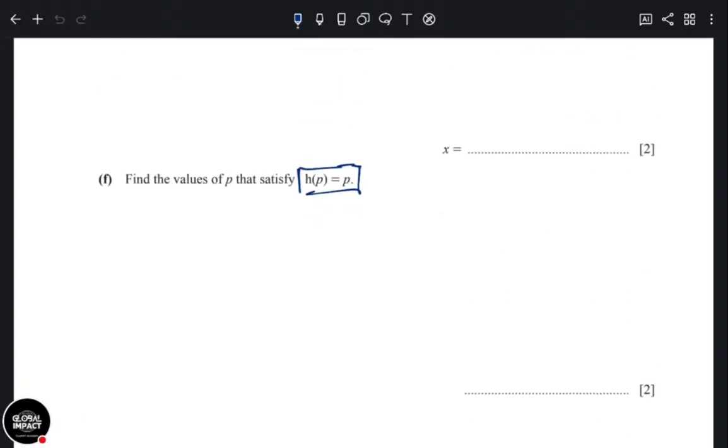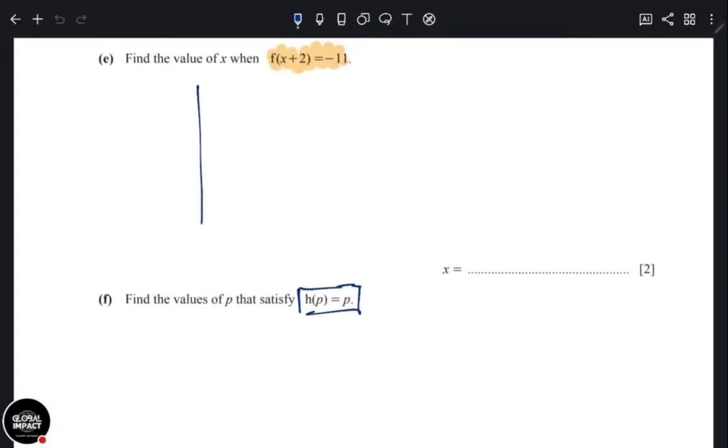Okay, so there are more questions to be done. I'll give you to try. You can find f of x plus 2, guys. Just put x plus 2 into f. First, you say my f of x is this, you put it. Then you find f of x plus 2, you get that answer. Then that answer you get, you make it equal to 11. Then when you make it equal to 11, you solve and you find x. That's how you do it.